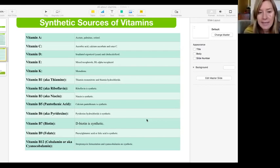Vitamin B6, if it's listed as pyridoxine hydrochloride, that is the synthetic version. Vitamin B7, if it's listed as D-biotin, that's the synthetic version. Vitamin B9, folate, if it's listed as folic acid or pteroyl glutamic acid, that's the synthetic version of vitamin B9